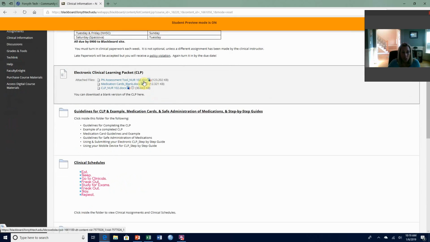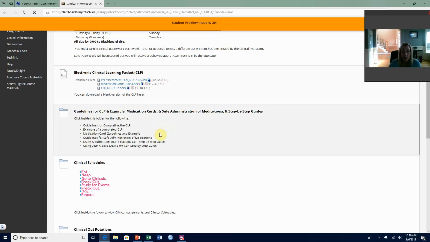So there's your clinical learning packet where you can download that, and I'm going to click in those and show you some differences in that in just a second. Here are your guidelines, and these are updated for 102. So you have the guidelines for completing the CLP, and that is for 102, and an example of a completed CLP,